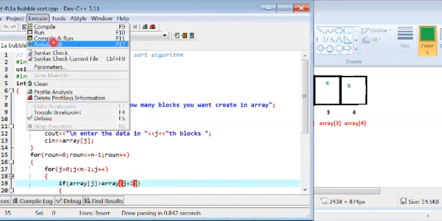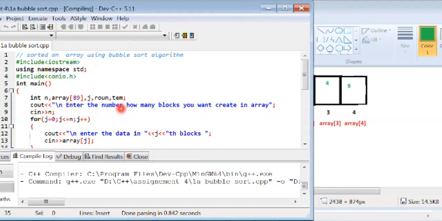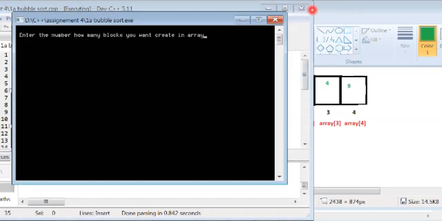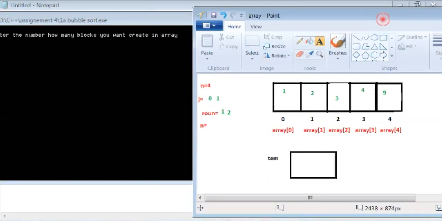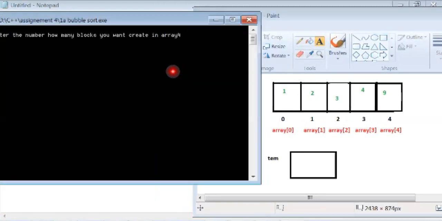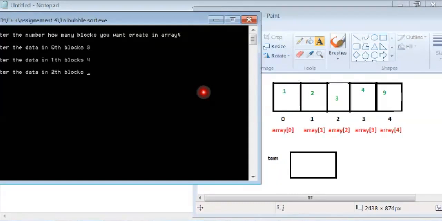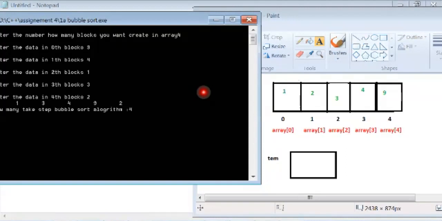And we execute this program. We enter the value 4 and we insert here 9, 4, 1, 3 and 2.